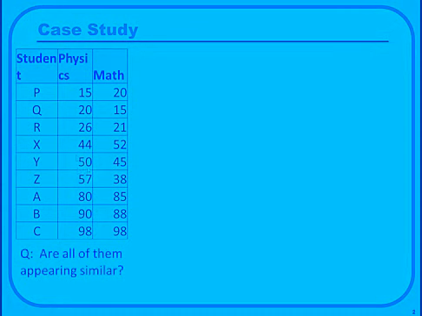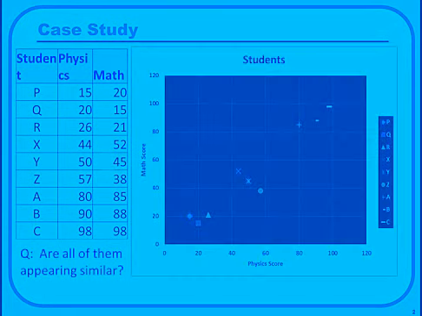XYZ look like the guys who have scored somewhere close to 50 in physics and somewhere close to 45. Now, this is artificial data which has been created so that you can grasp the concepts very well. If you plot them, take a look. It looks like all these three objects are obtaining some marks and behaving in a similar way. These are the guys who are midway, and all these three are similar in some sense.